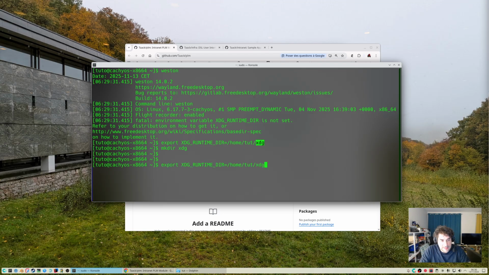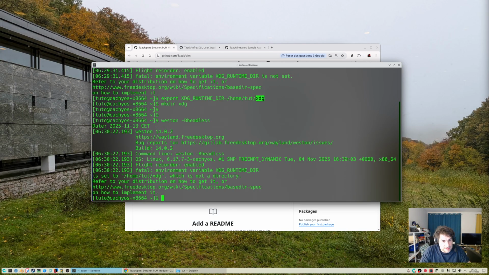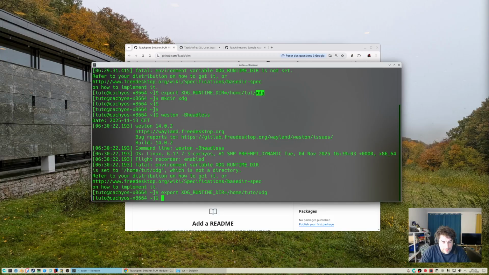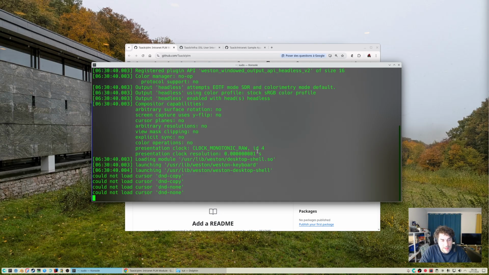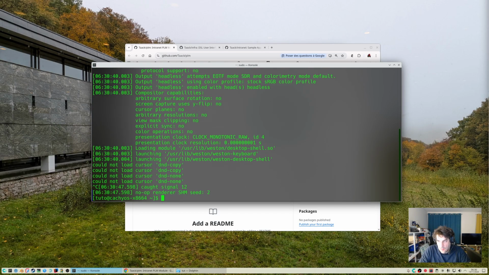Now, if I start Weston with the headless backend, it crashes because, okay, sorry, I made a mistake. Okay, now we see that it doesn't return just after started, so it's working okay. Here it is for our environment.